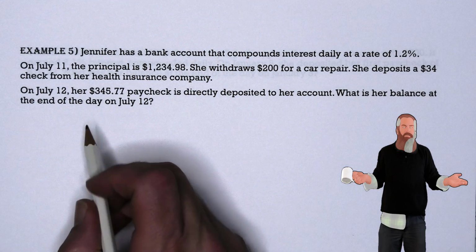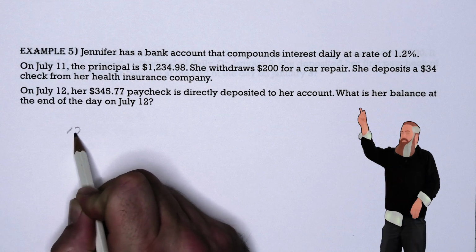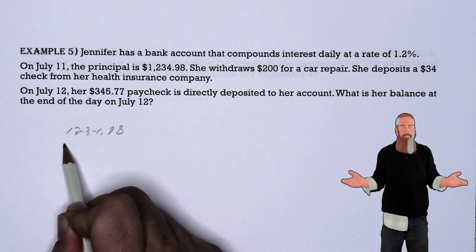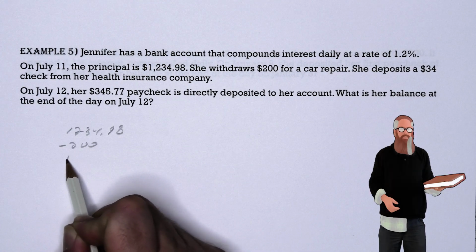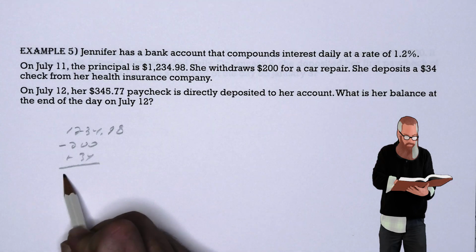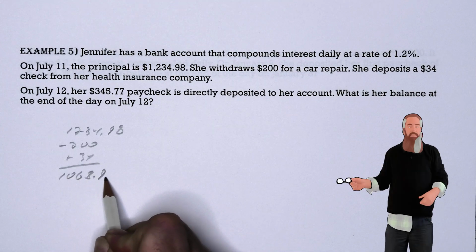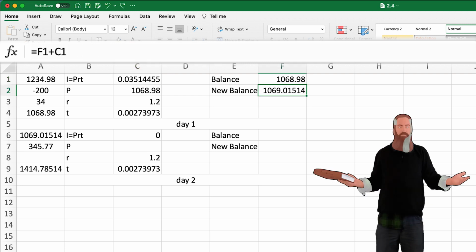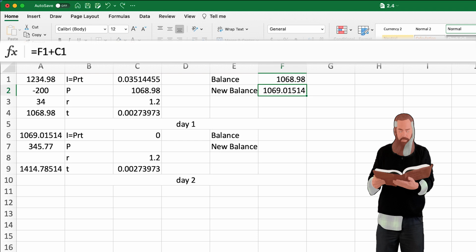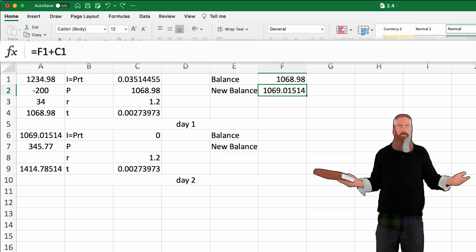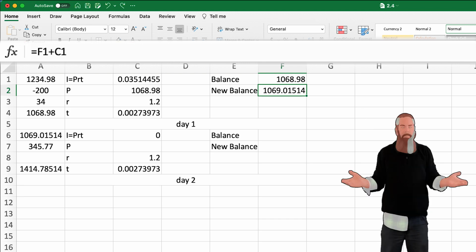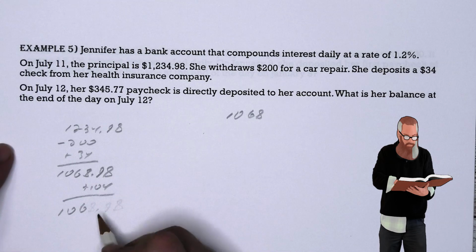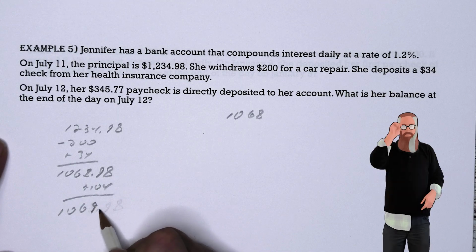To start with, we need to figure out what her balance was when she started at $1,234.98. We can subtract the $200 and add the $34 to get $1,068.98. We're able to set up the C1 cell to be equal to C4 times C2 times C3 divided by 100. In the F2 cell, we then add the original balance and the interest earned. We have to add that 4 cents to the original balance so that we now have